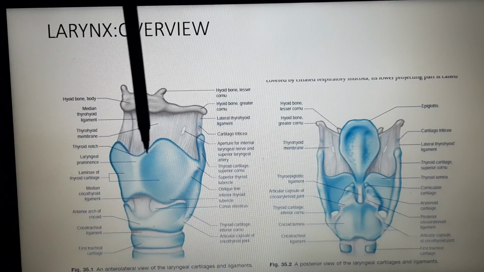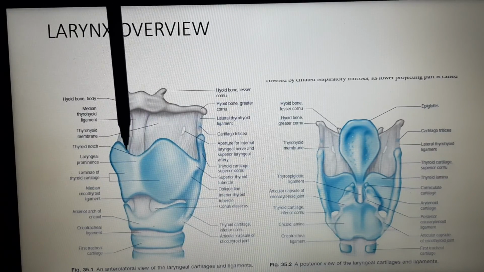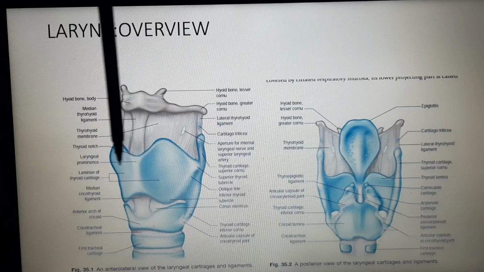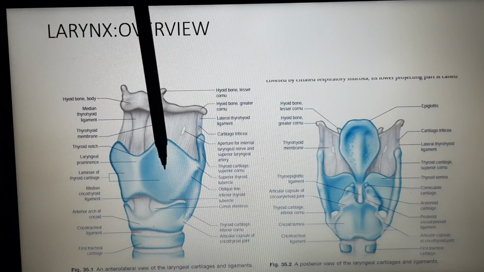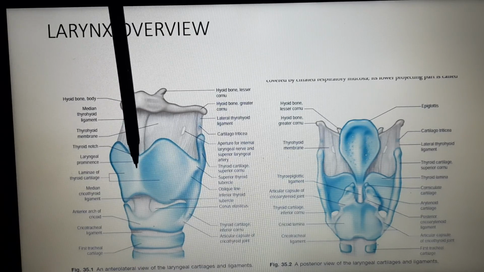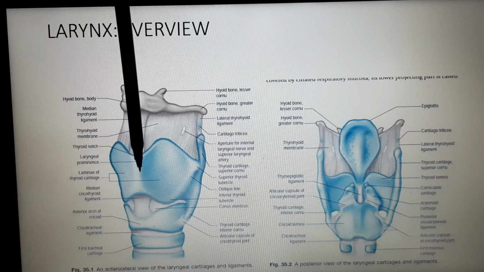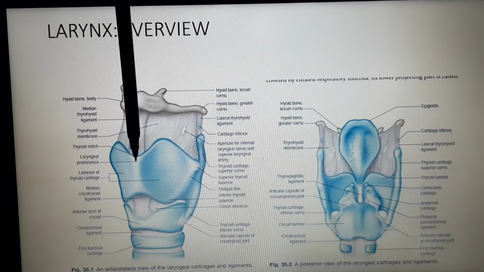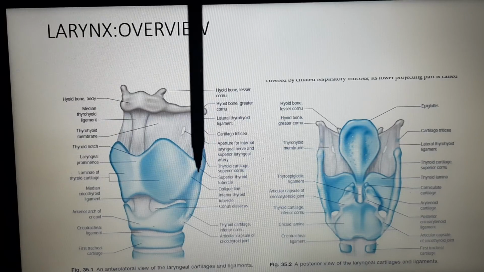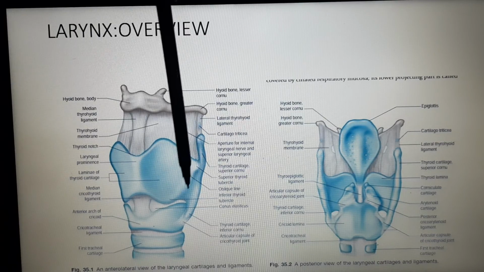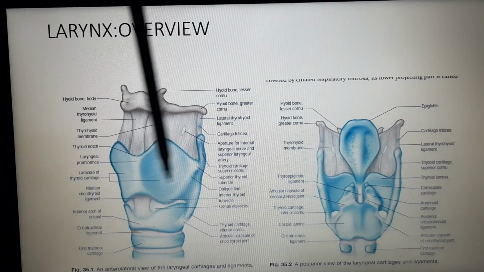Thyroid cartilage: in the midline there is a notch present in the upper border of the thyroid cartilage. This is known as the thyroid notch, and there are 2 laminae which form the thyroid cartilage. These 2 laminae meet at the midline and form the thyroid angle. This angle makes a prominence in the neck known as the laryngeal prominence, and in males it is known as Adam's apple. You can also see an oblique ridge on the posterior part of the outer surface of the thyroid laminae on both sides.